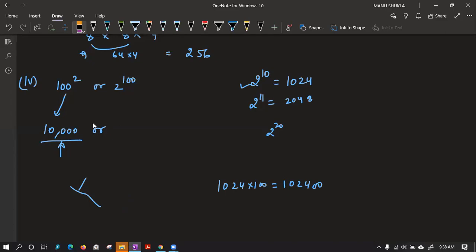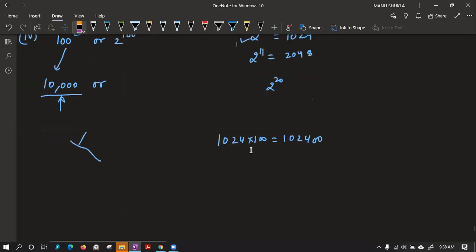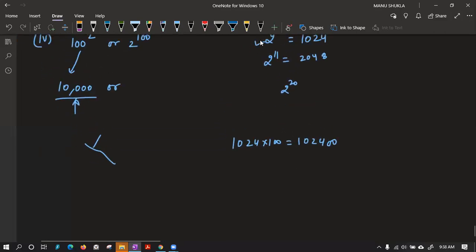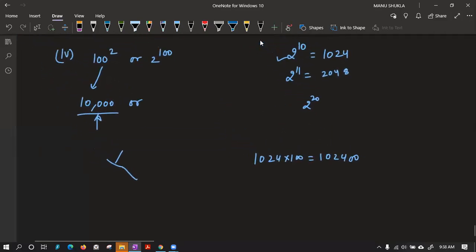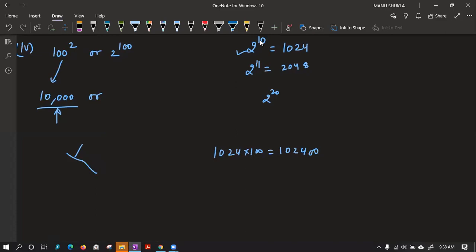I think the fifth part is very easy because 2 power 10 we all know. No, Mokshita, it is not that. Okay, 1 second. Okay, let me expand then if you're not understanding this. First tell me, are you able to understand that 2 power 10 is 1024? Please tell me. Now tell me, if I find 2 power 11, how much will that be?